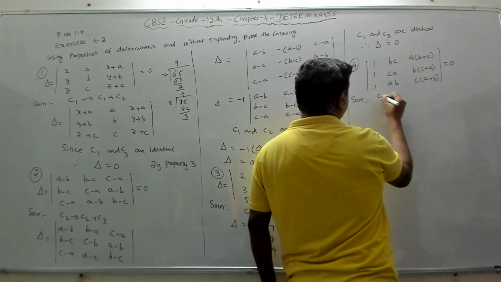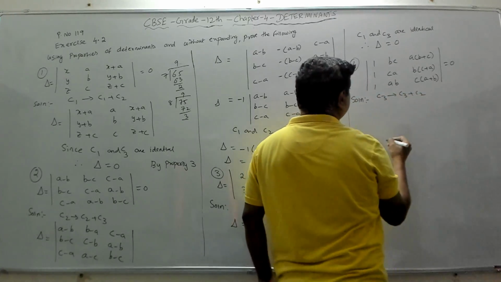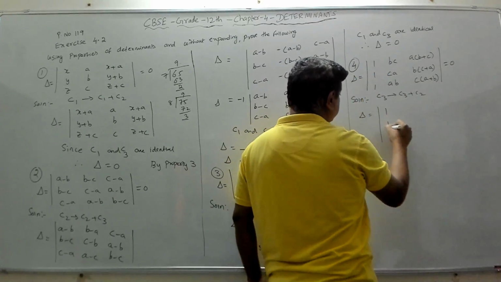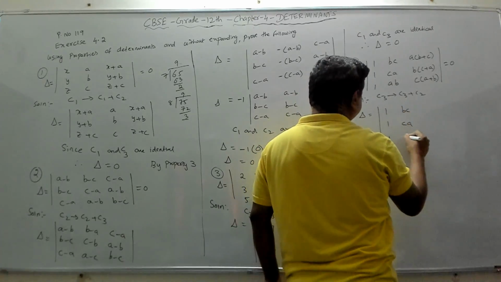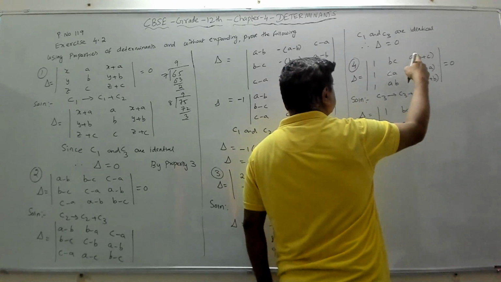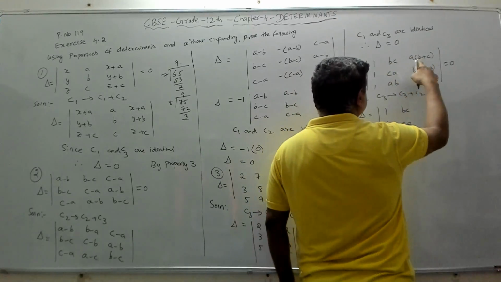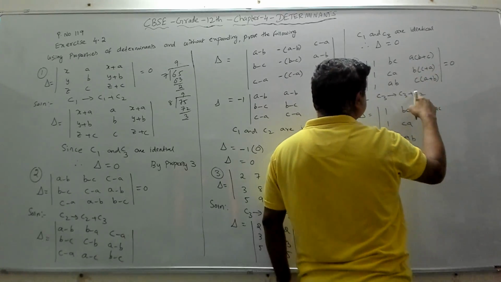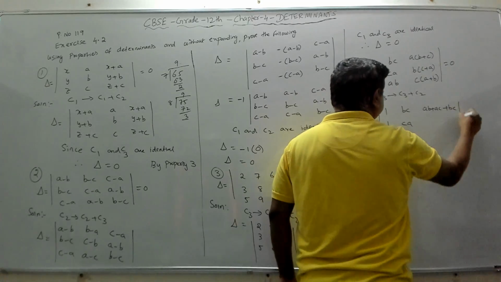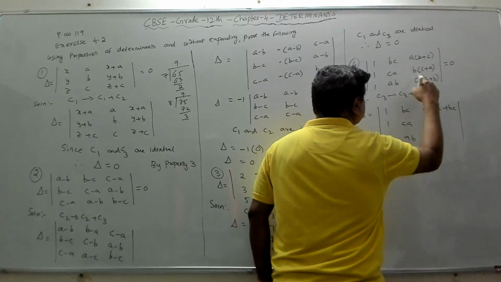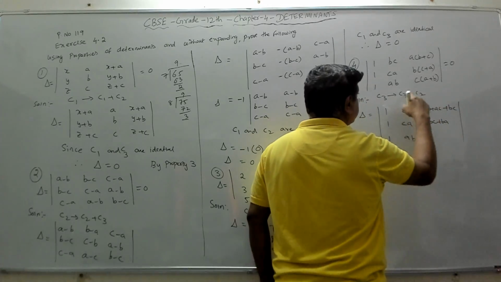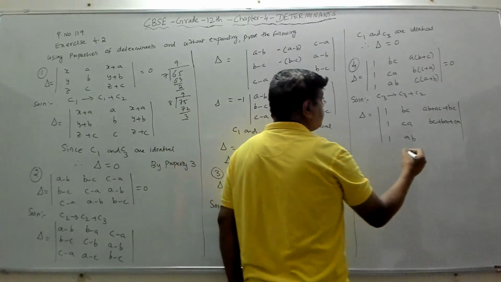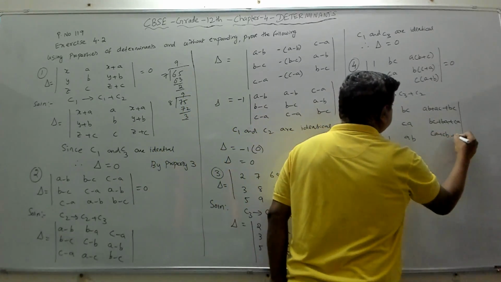So what we are going to do is, we are going to say C3 is C3 plus C2. If you apply this, then what do we get? If I call this delta, we have to prove delta equal to 0. So delta equal to, no change to column 1, no change to column 2, but column 3 is column 3 plus column 2. So this AB, this plus this. So C3 is AB plus AC plus C2, C2 is BC. So again here you get BC, B into A is BA, that is your C3, plus C2, C2 is CA. Clear? So similarly here CA plus CB plus AB.